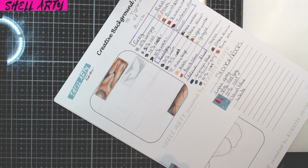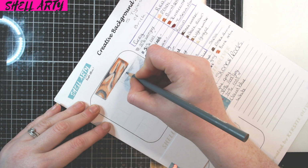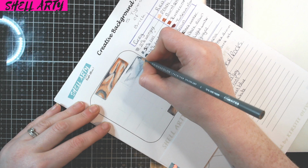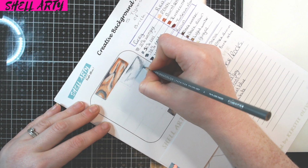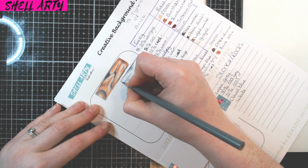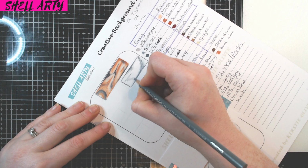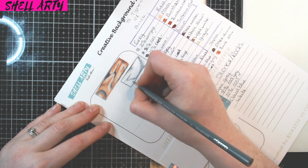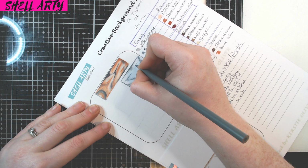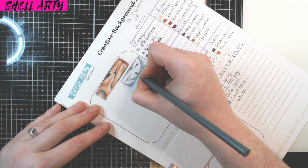Okay, and then I'm going to come in then again with the 70% cool grey, and I'm going to come round the edge of that with that, slightly into there. I kind of edge this now with the 70% cool. I kind of want to block that corner right there because that can be like a cracked bit. And we can have some bits just lying around like spots of